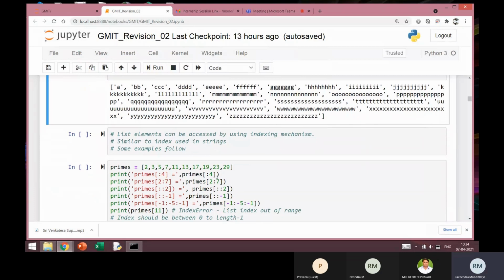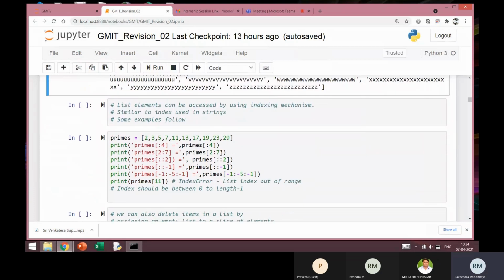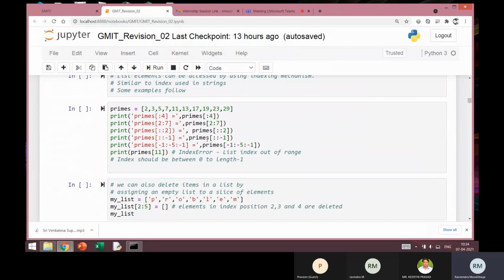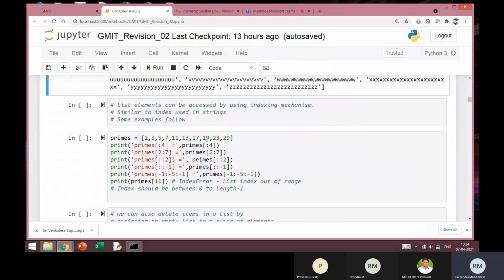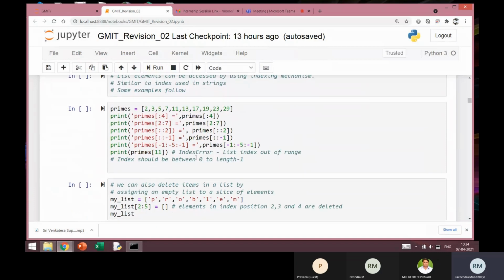Going further with a few more examples, as we saw in the string, the slicing operation can also be done with the list with the same mechanism as we saw in the string. So I'll just cover this through one example, and we should be clear with this. This is a repetition of what we have done in the case of string.